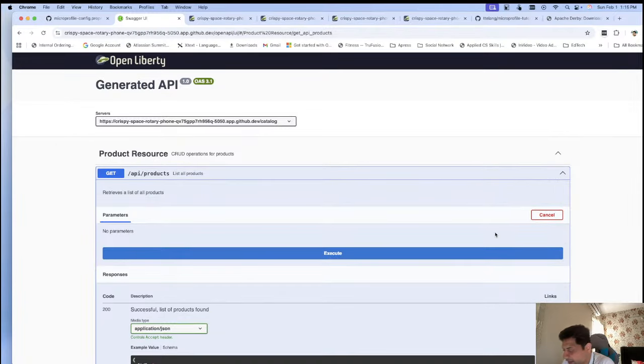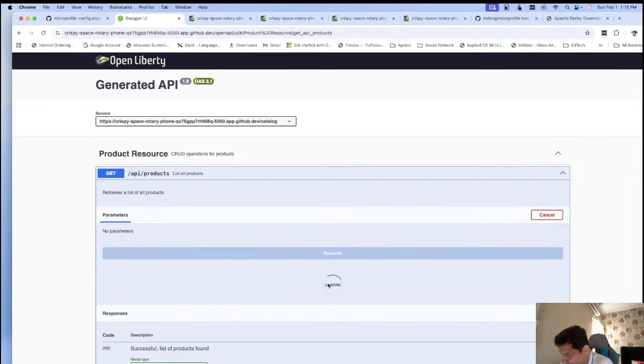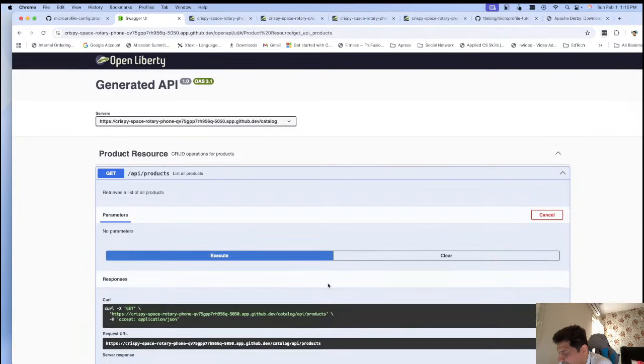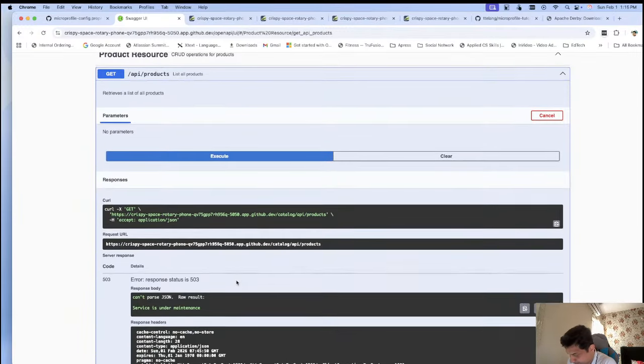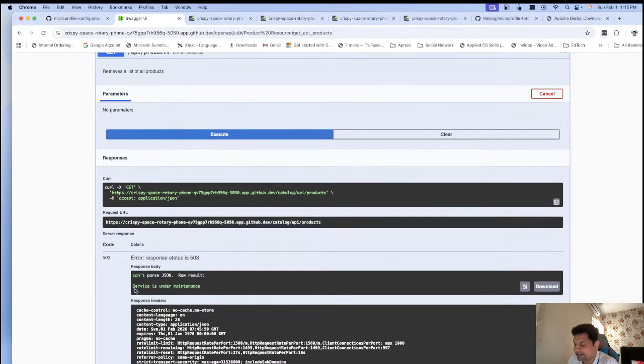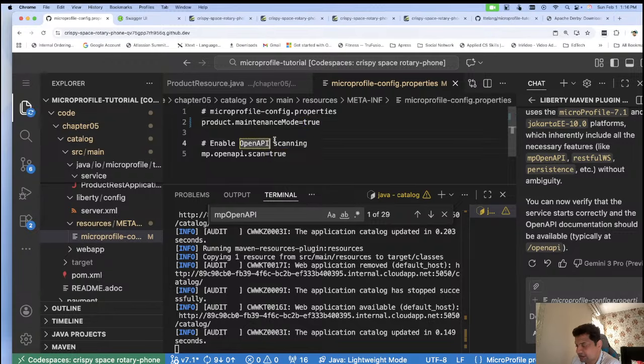So when I do try it out, let's see what's the output here. So we see here services under maintenance. So this is how you can implement configurability. And configurability was implemented just by adding the dependency for MP configuration. So MicroProfile provides this feature. We just added the annotation and this file. So the only thing is we updated the configuration,